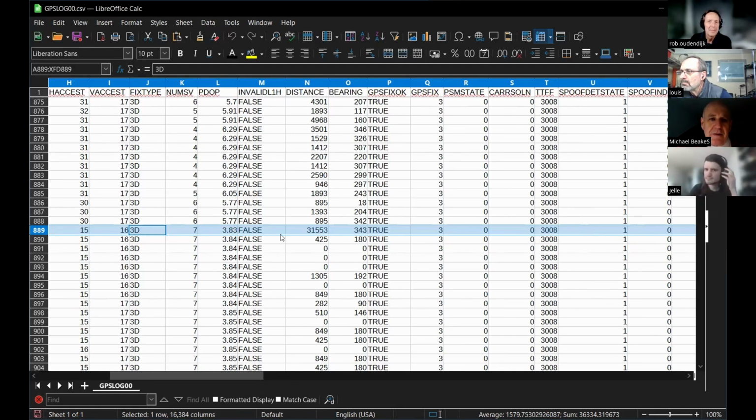So this distance and bearing is only an indicator. But then we can just look at the data that,